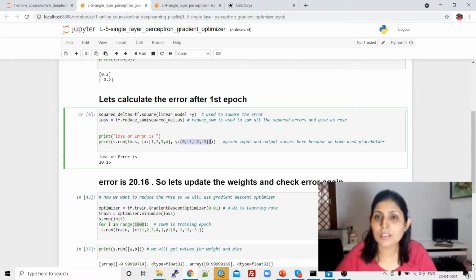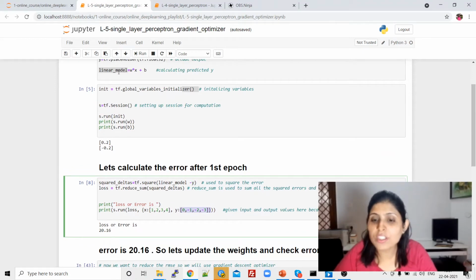That simply means we want to train our model in such a way that for these input values, our algorithm should predict these outputs. But we were getting an error. We were getting an RMSE of 20.16. That means the actual Y value which we have mentioned over here and the predicted Y value which our model predicted don't match. So the error is 20.16.